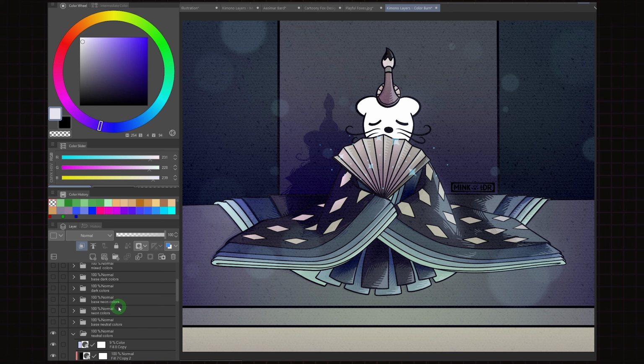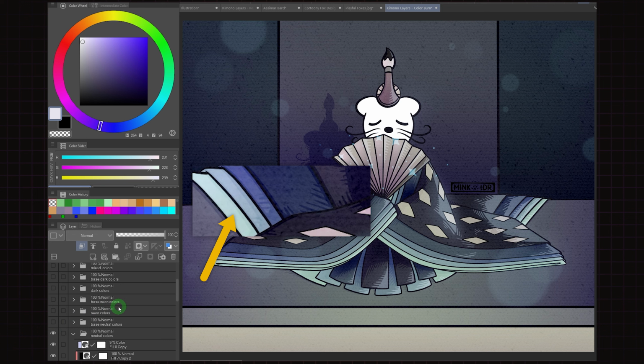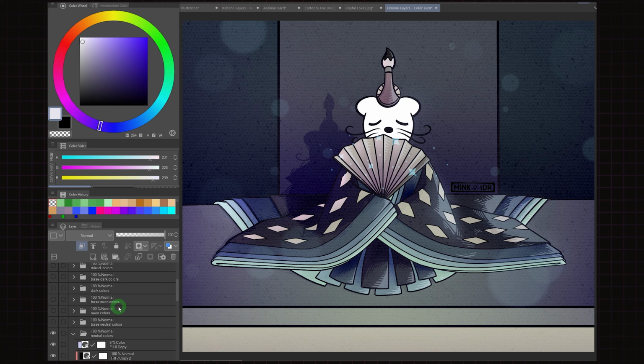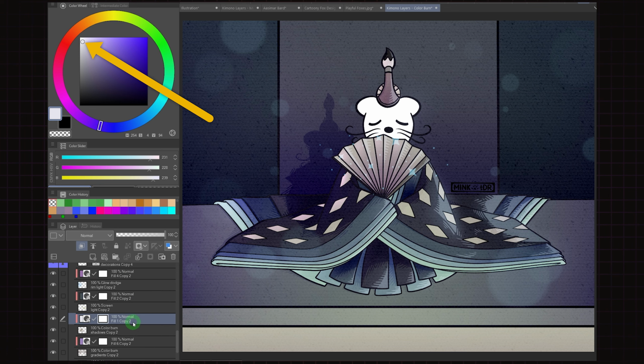Now you can already tell that especially the bright colors have barely been affected by the color burn layers. The innermost kimono layers, for example, have very little texture on them. And the white fur once again remained unchanged. Therefore those bright colors really stand out and almost look like they're glowing. For the shadows I used a very bright color, almost white even, and it still created such clear drop shadows. That's because the underlying colors were already quite dark, which, as we learned, enhances the darkening effect of color burn